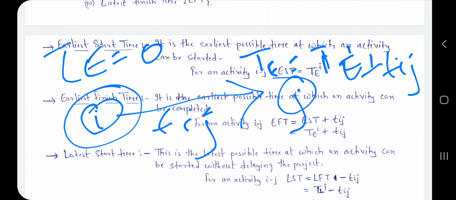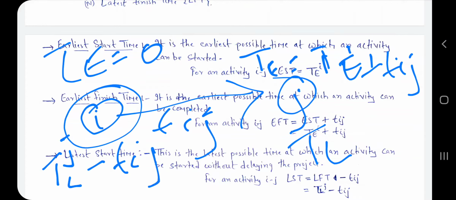Now TE is equal to TL, if TS value is not given. Then here we get TLJ minus Tij. This is the value which we get.